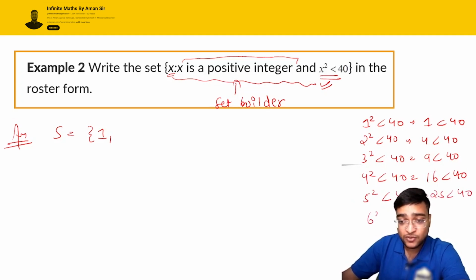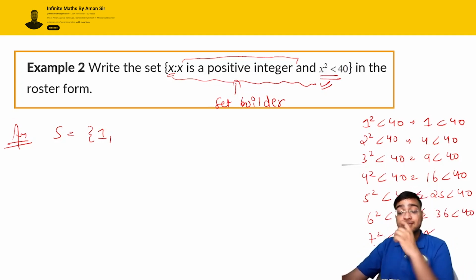And 6 square is also less than 40, equal to 36. And 7 square is 49, and 49 is not less than 40. So there are only